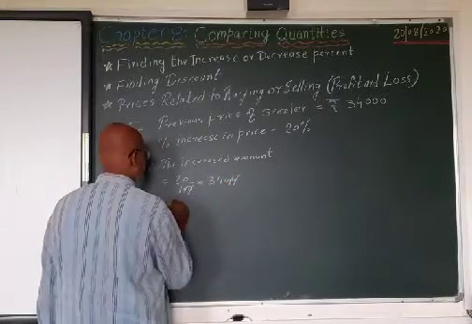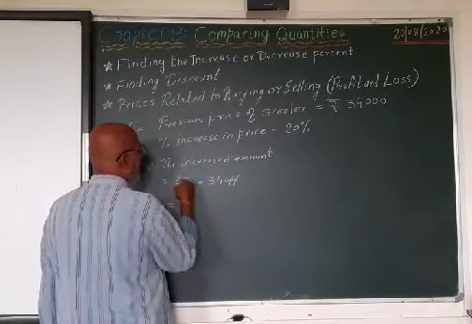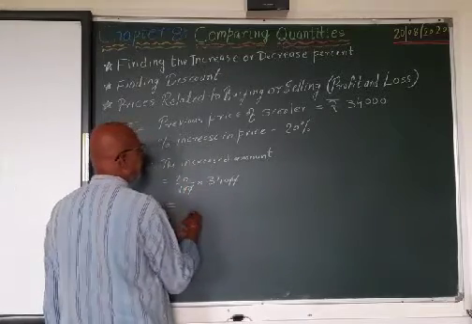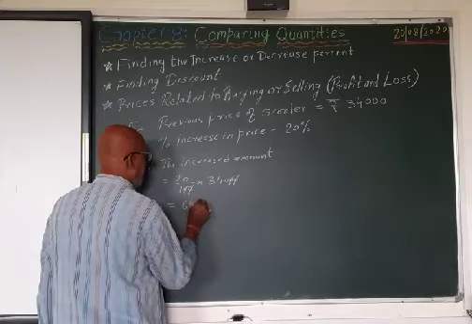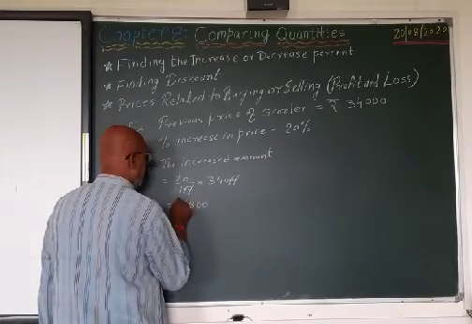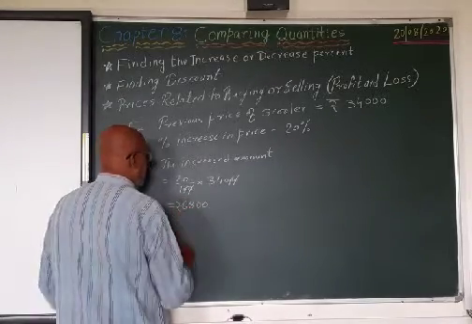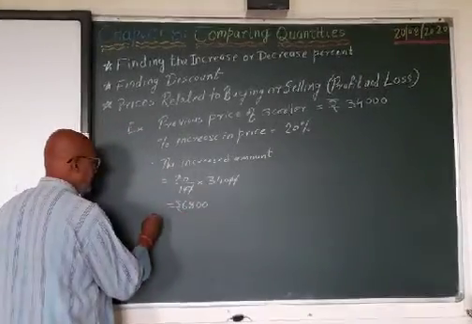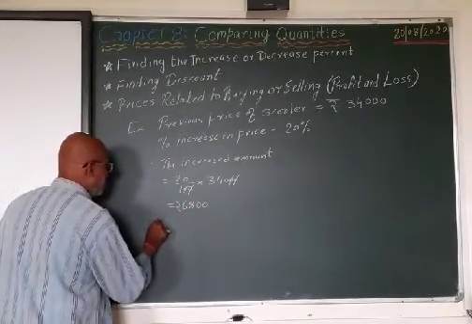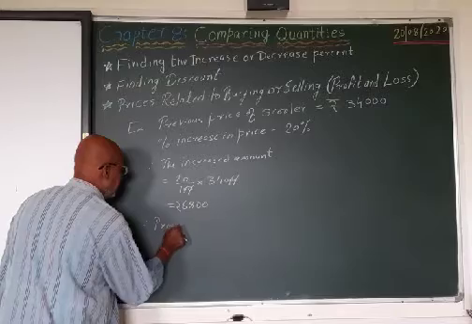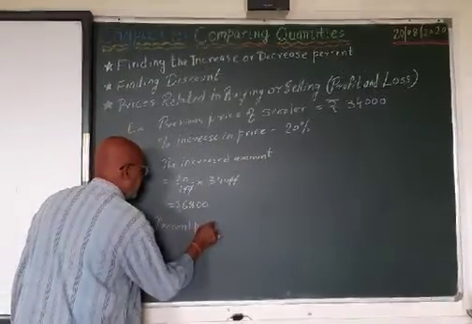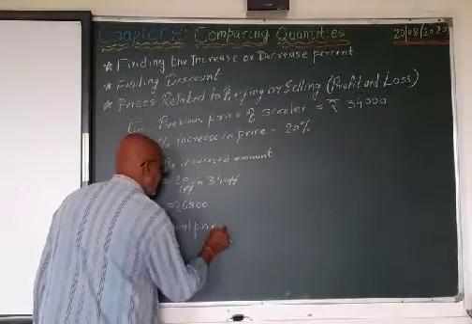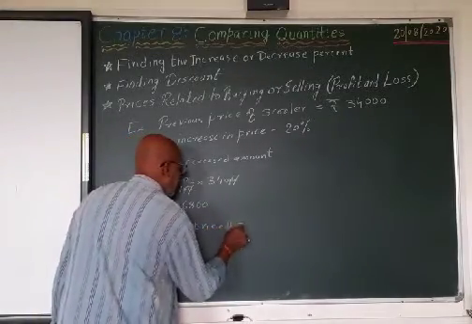What do we get? 34 twos are 68, so 6,800 rupees. Now this much is the increase in the price. Therefore, present price of scooter